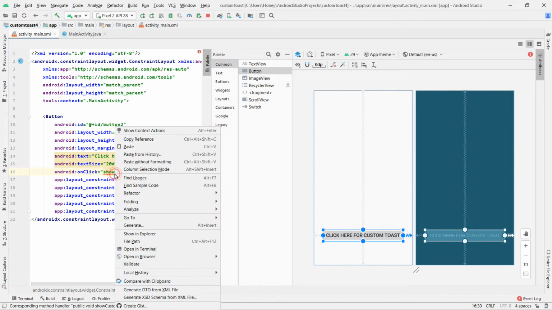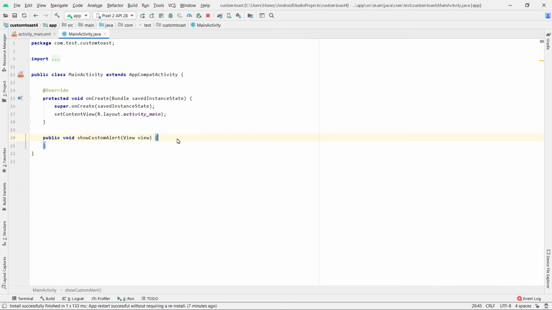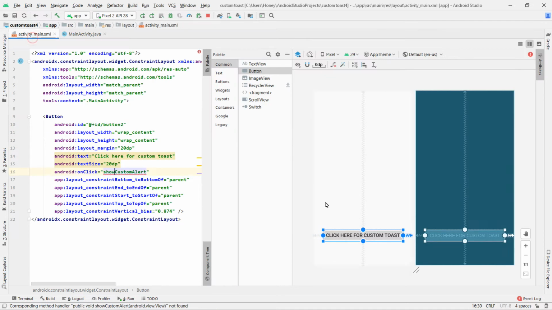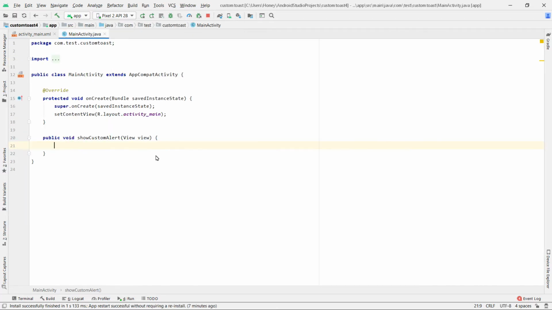Right click on the showCustomAlert, there is an option show context actions. Click on create showCustomAlert. This will create a method for you. So whenever you click this button, click here for custom toast, this will call this method and perform whatever actions are given.